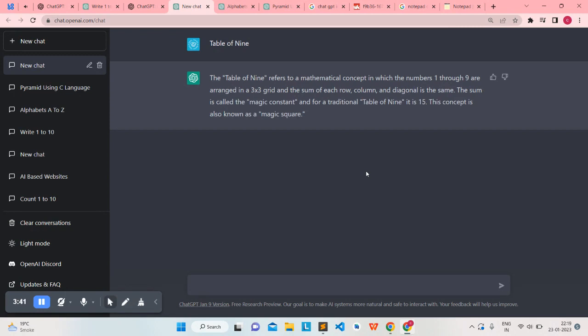So whatever it is, 9 is a mathematical concept, the number 1 to 9. Okay, the table of 9 using